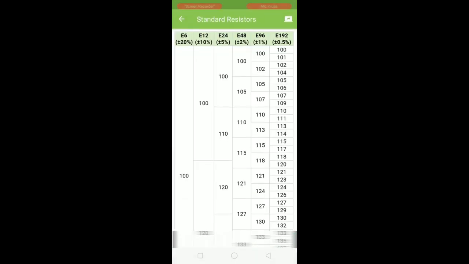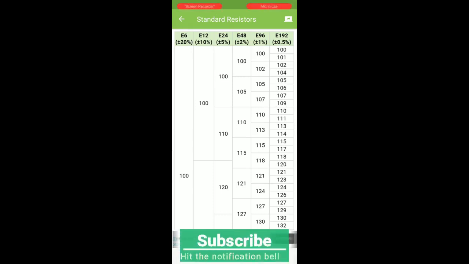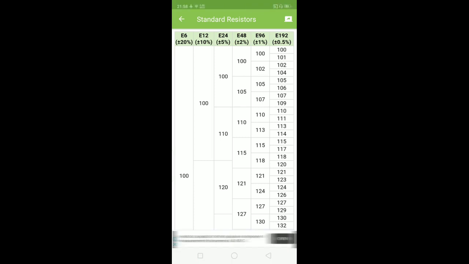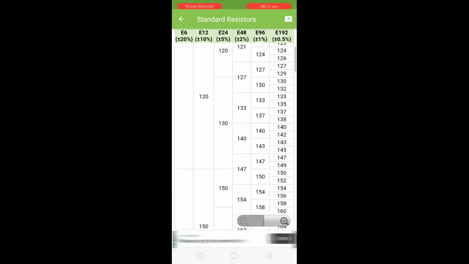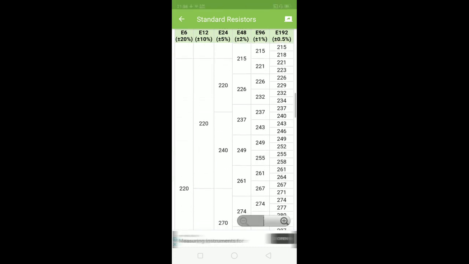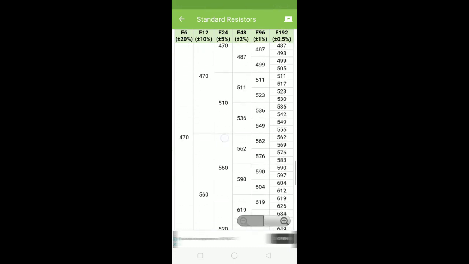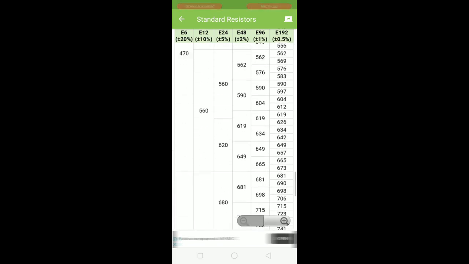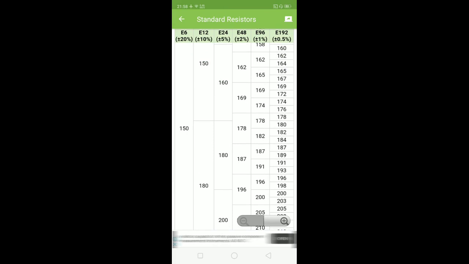And then if you go for standard resistors here, the standard resistor values you can find in the case of E6, E12, E24, E48, like that. If you consider E6, under decade you will find 6 different values with plus or minus 20% tolerance. Those are 100, 150, 220, 330, 470, 680, like that. In the case of the E12 series, the tolerance will be plus or minus 10%. You will get 12 different values as standard resistance values.